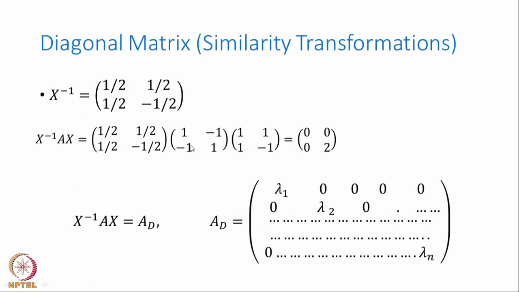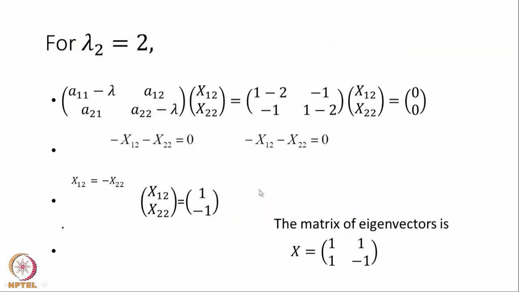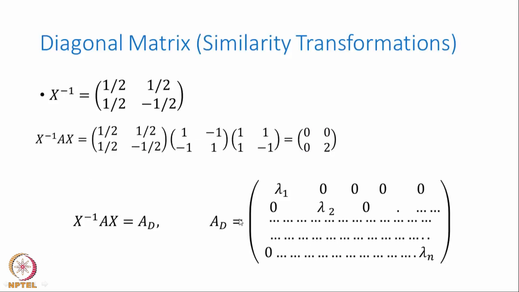So, what am I doing? Since I knew the matrix X, I can get the inverse of the matrix X. So, how do I get the X inverse? You already know that the inverse values are cofactor of element Aji divided by determinant of A. So, what was my determinant of A? Go back and see. What was my determinant? 1 into minus 1 is minus 1, minus 1. So, the determinant is minus 2. The determinant of this is minus 2. I shall use that to get the inverse of X.